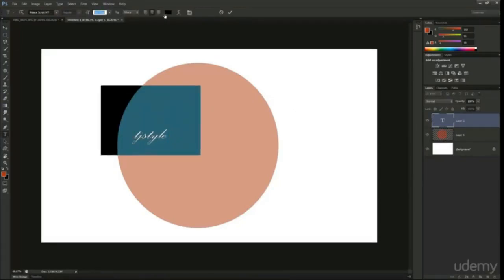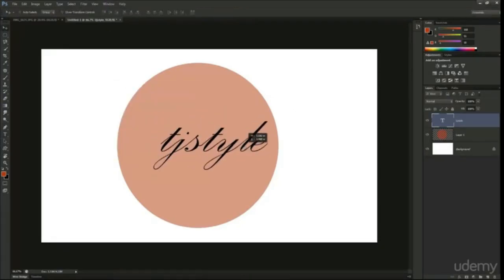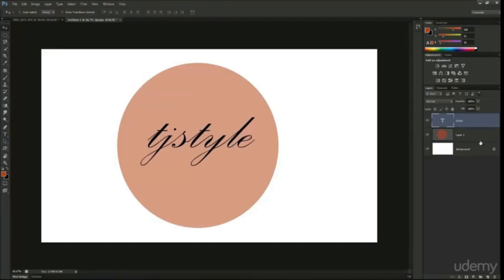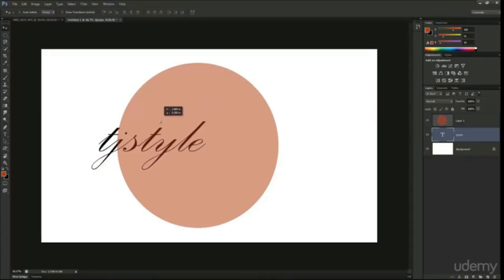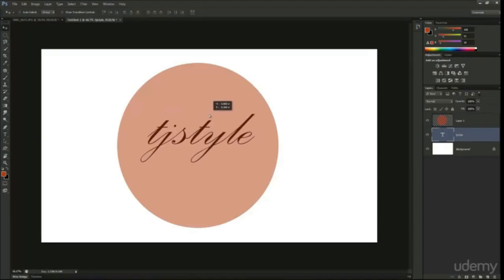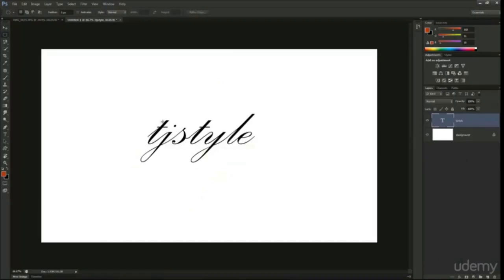Increase the font like this, like that. And if I was to bring this TJ style layer below my circle, then you can see that we get that slight circle shade. That basically means that it's a see-through circle. Sorry. So that's how you work with the fill command. You have lots more options with fill. I'm going to delete the circle, create a new circle